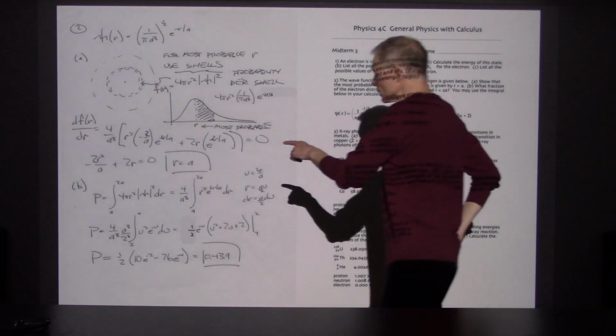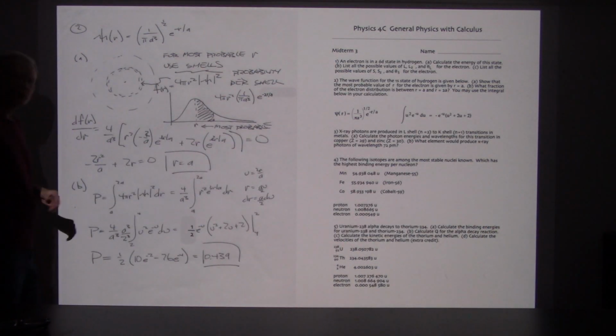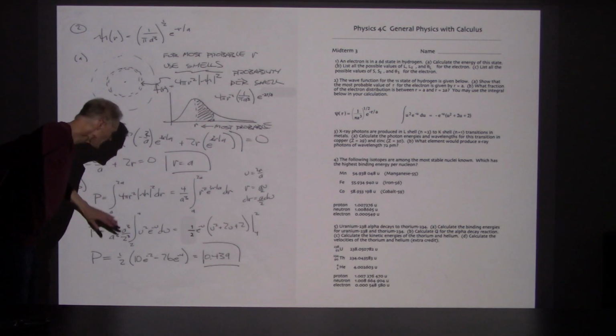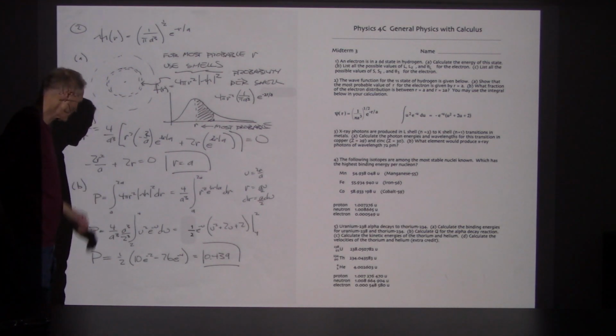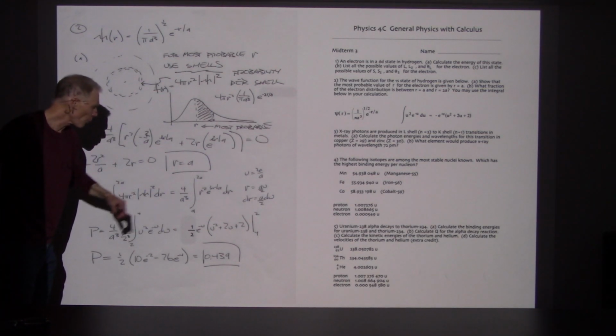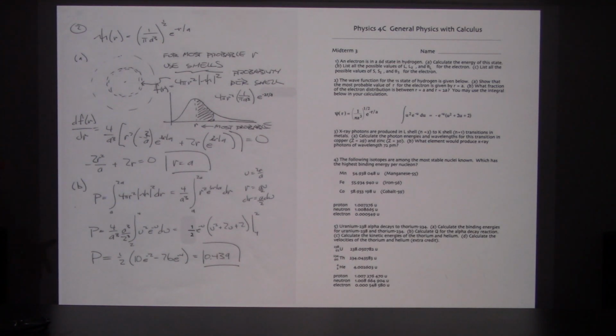And that says, if I'm calculating a probability, I better have all the units cancel out, because probabilities don't have units. They're just numerical values. And so everything that had a unit in it went away. That's a good sign. Now, putting the numbers in for my probability, I got 0.439,